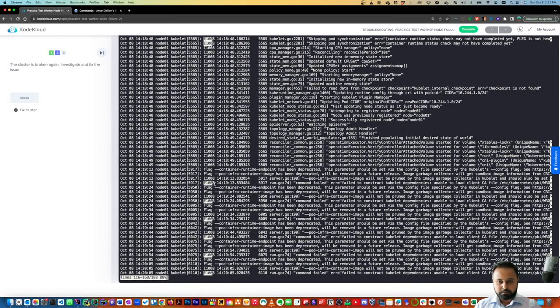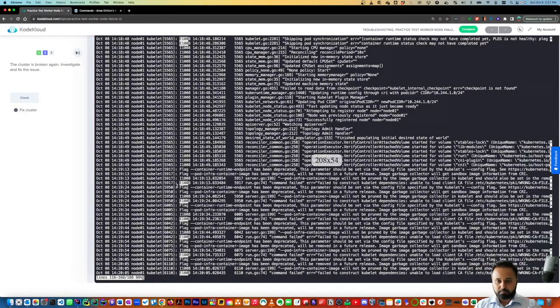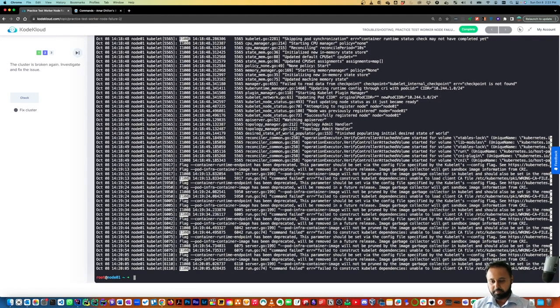If you see here, this one failed to load the CF file. It seems like this certificate file, @C Kubernetes PKI, is a wrong file that is not properly mentioned. So where will this be? As we know, the static files used by Kubernetes are in @C Kubernetes,